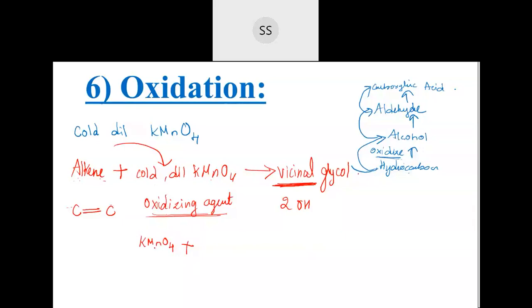They oxidize the other compound but themselves undergo reduction. So dilute KMnO4, I said, is in the presence of water. When KMnO4 reacts with water, it produces KOH plus MnO2 plus a few single oxygens. Nascent oxygens are produced. This nascent oxygen, single reactive oxygen, will go and react with this carbon and convert it into alcohol. So see how the reaction goes about.